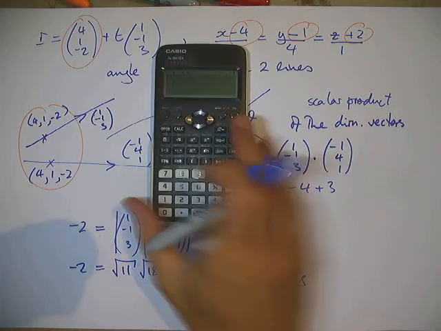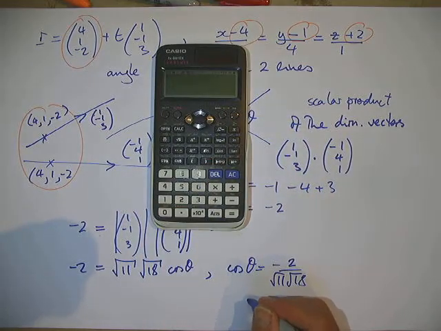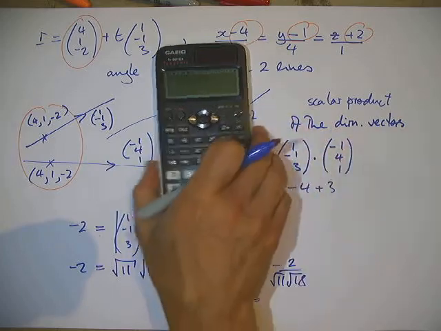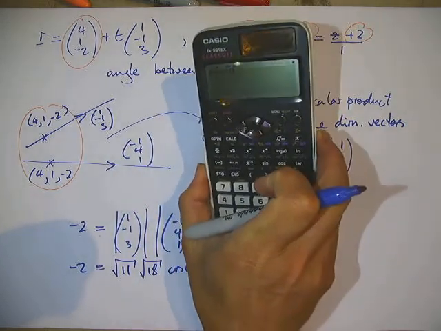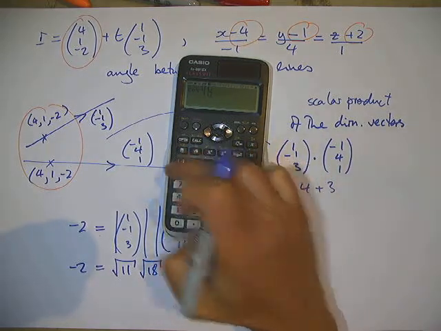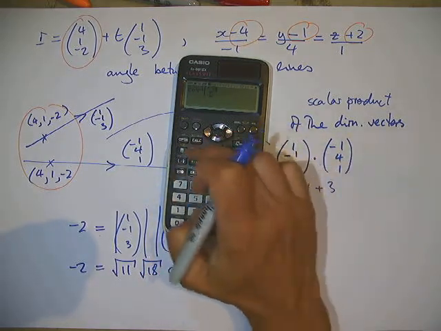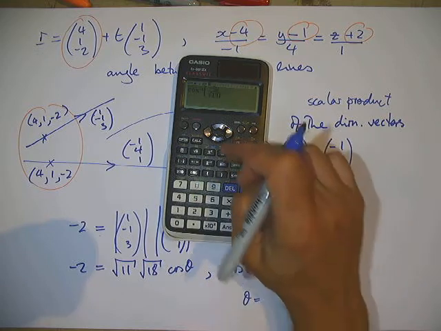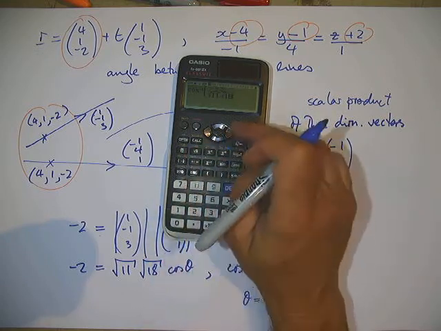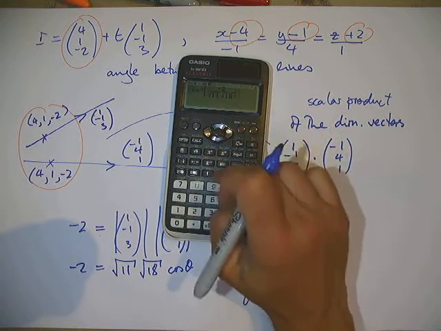So if we want that angle, theta is going to be shift cosine. Are we in degrees mode? Yes, we are. Shift cosine fraction -2 over root 11, root 18, close brackets,